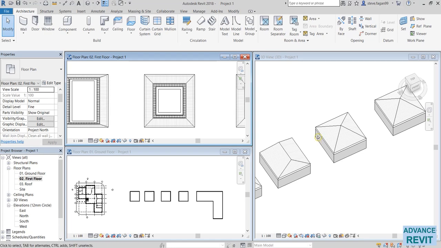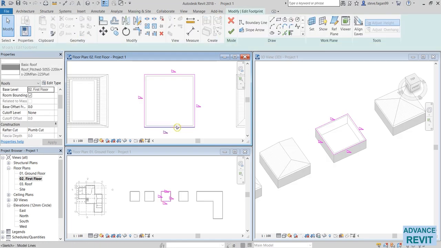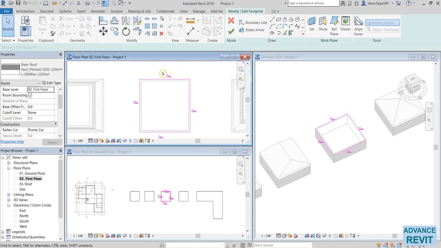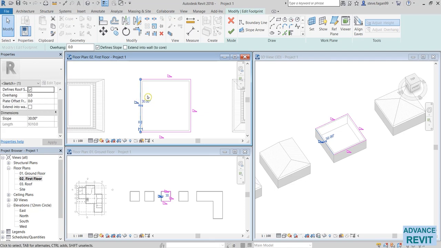So now I'm going to move over to the next roof. With this one, I'm going to leave the rear and front of the roof as 30 degrees. What I'm going to do is create a gable end either side. How I do that, I'll select the line which I want to change. In my options bar here,